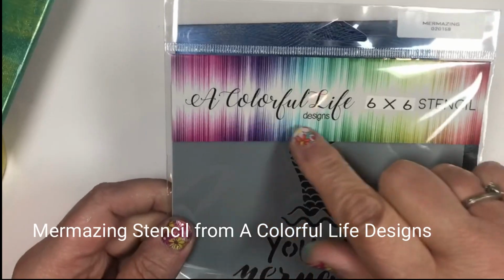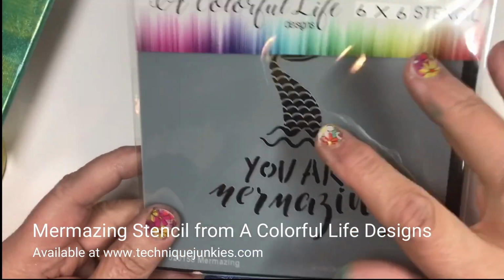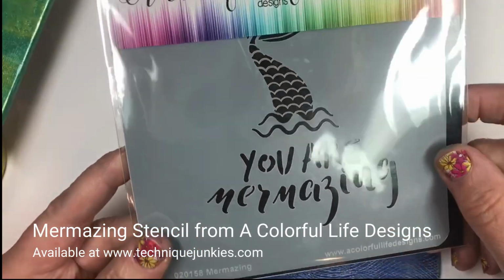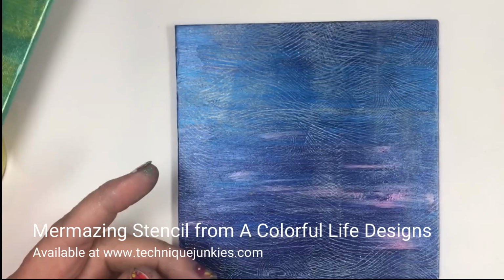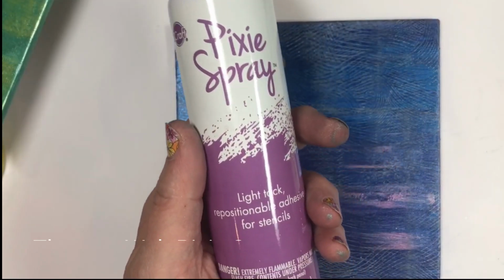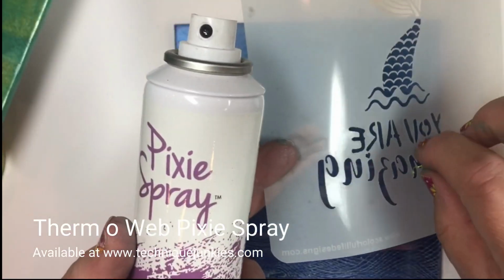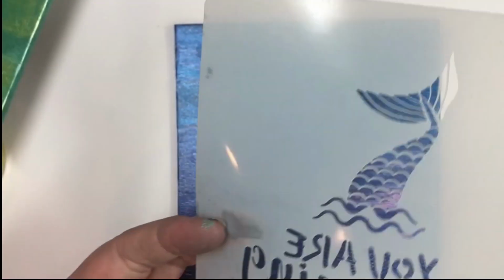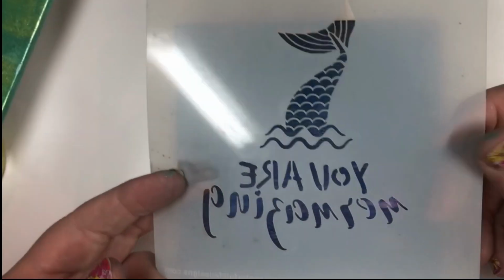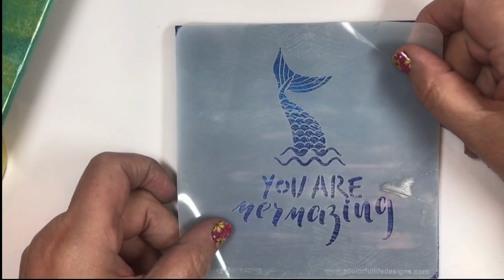So now I'm going to be taking my stencil, and what I'm using is from Colorful Life Design Stencils. It's a 6x6 stencil that says "You Are Mermazing," and it has this mermaid tail and the words "You Are Mermazing." So what I did was I sprayed my stencil with pixie spray. Pixie spray is a low-tack adhesive. I sprayed it on the back with pixie spray because I want this to hold nice and firmly to my work surface. So I'm just going to flip that over and put that on there